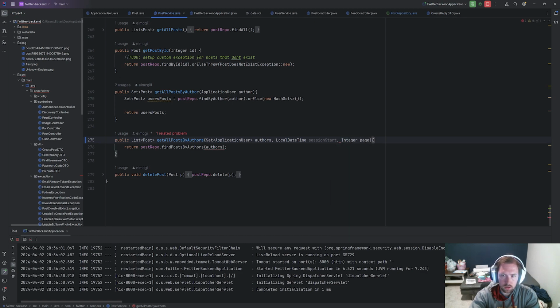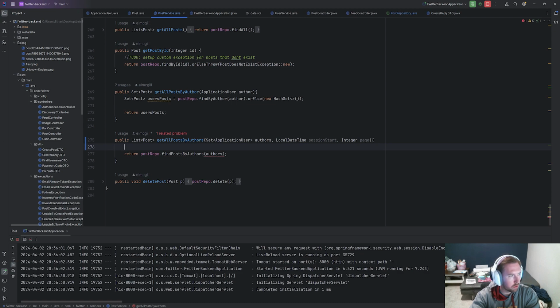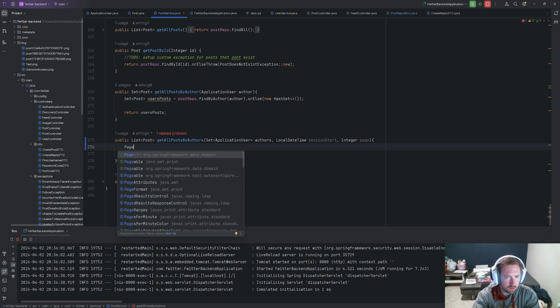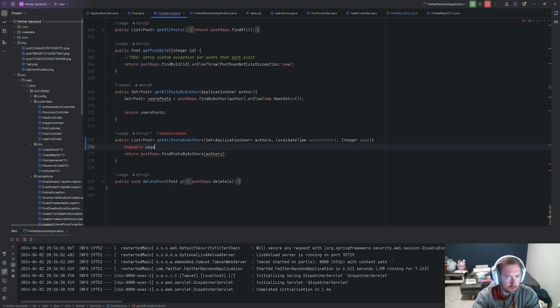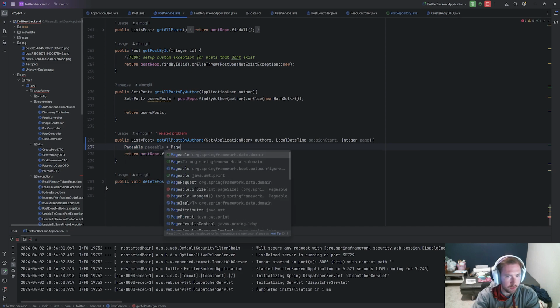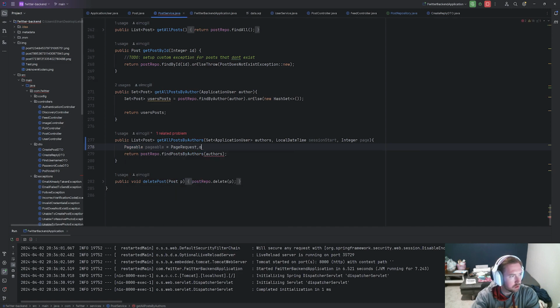for the page. What we're going to want to go ahead and do is we want to make a pageable. So we're going to say pageable is equal to, and let's go ahead and import this before we forget. And this is going to equal to page request dot of, and we want the page, so that'll be the starting, and then how big it is. So how many, we're going to say